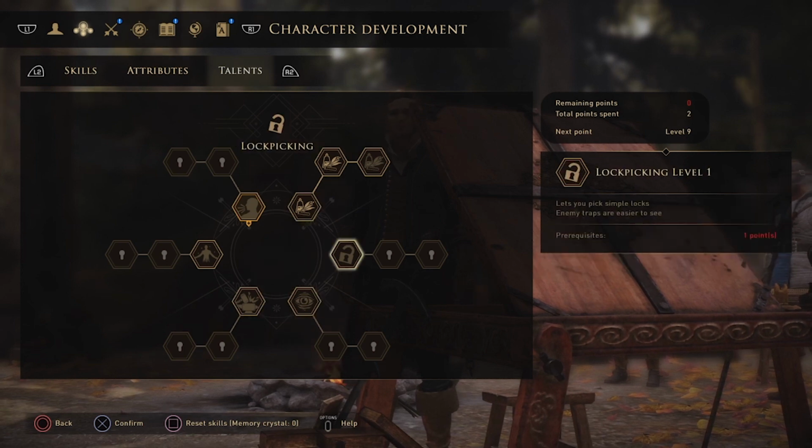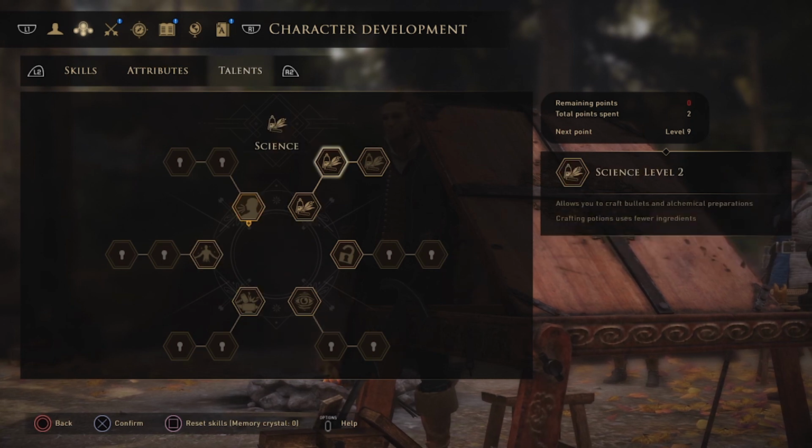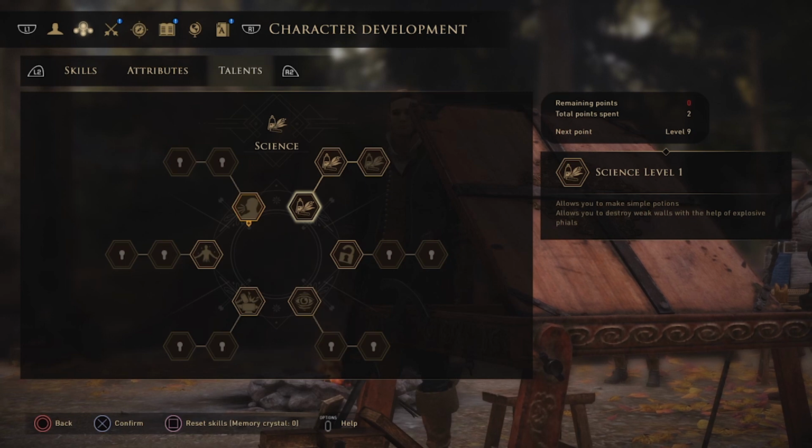So obviously all these talents come in handy at some point in the game. I did notice the science one was pretty cool, because science level 1 allows you to destroy weak walls, and that was pretty dope because I had a mission earlier where I destroyed a weak wall. Anyway, back to traps. So I put my 2 points on science, and so level 2 allows you to craft